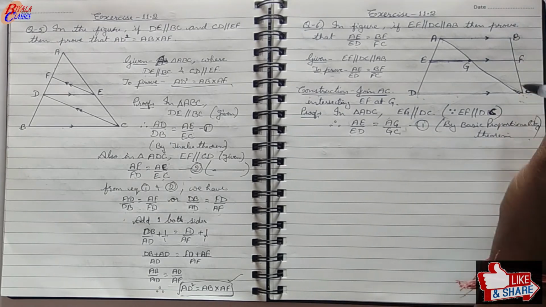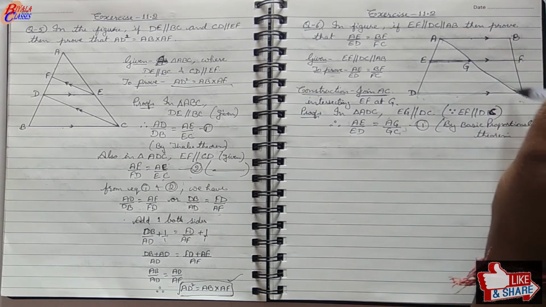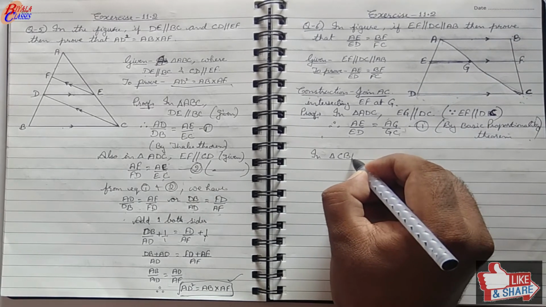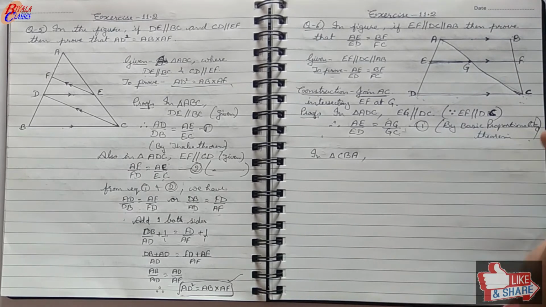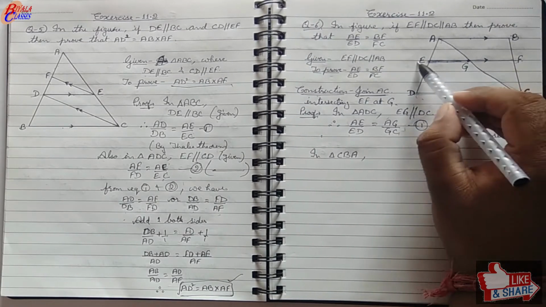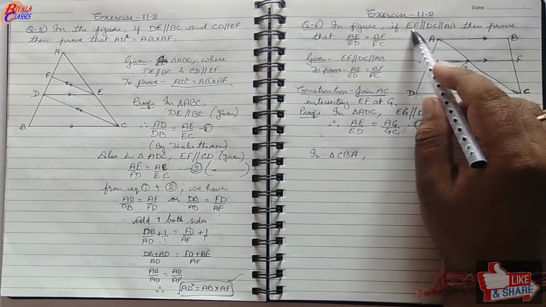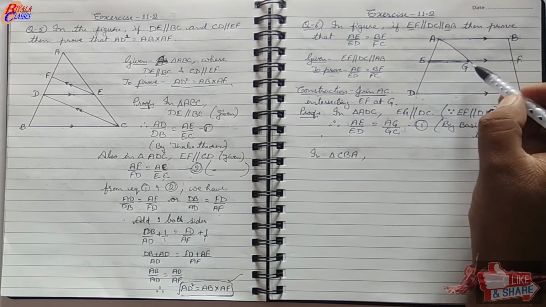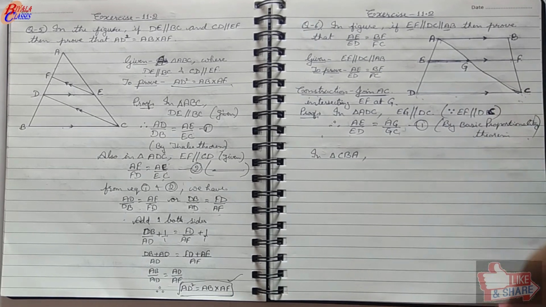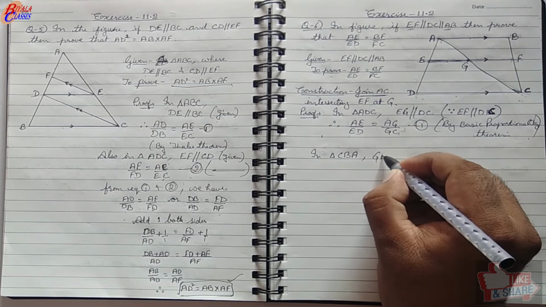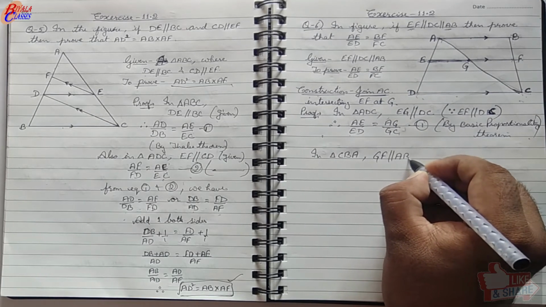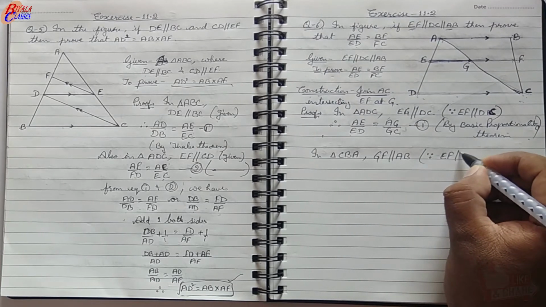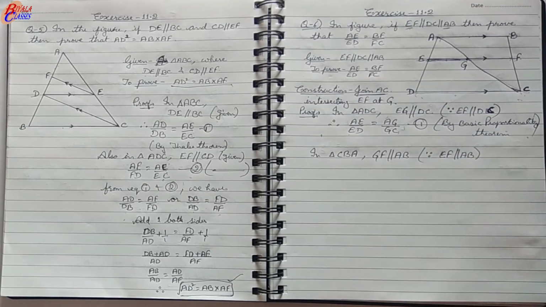Similarly, you have one more triangle, that is triangle CBA. In triangle CBA, here again EF is also parallel to AB. It is given to us that EF and AB are also parallel. So if EF is parallel to AB, then GF will also be parallel to AB. So here in this triangle we have GF parallel to AB. And why is it so? Because EF is parallel to AB.